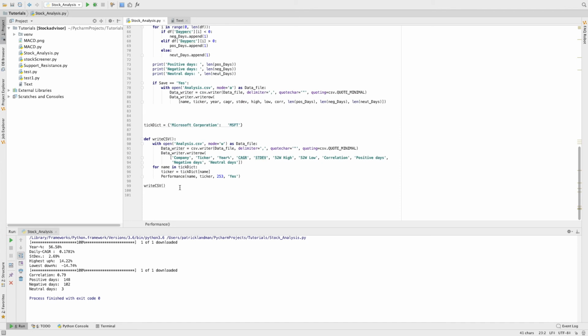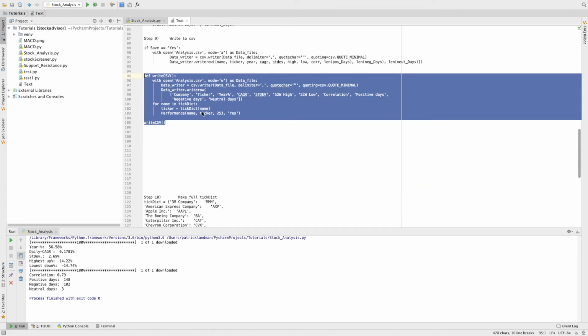Well, if we are doing it like it is now, then we will only have the information from Microsoft Corporation. That is of course not what we want. We want to have more. So I've